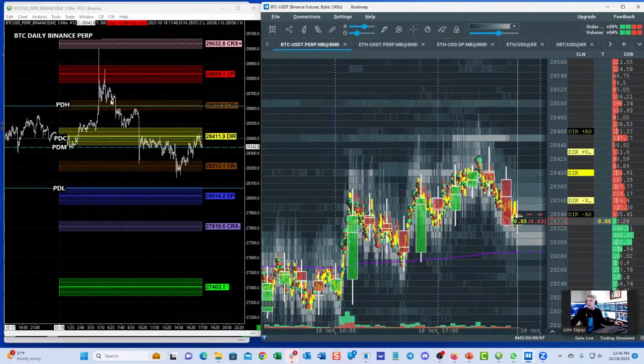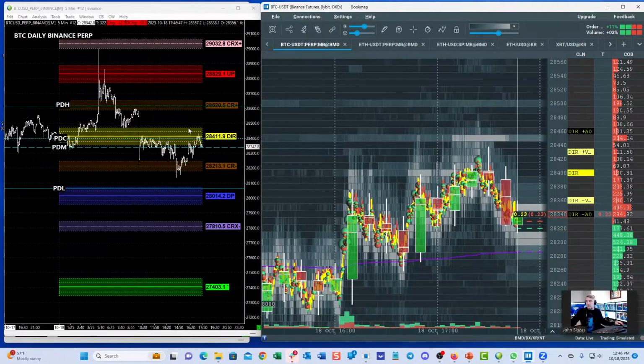So this is where risk management comes into play. If, let's say, you had a trend following system, this is a way to reduce your profit give back. But now we're here. The market is in a sell DIR breakout strategy theme, and that's valid below this price point. So as long as we're below the upper metric boundary of the 28,411 directional, that's our story, and we're sticking to it.